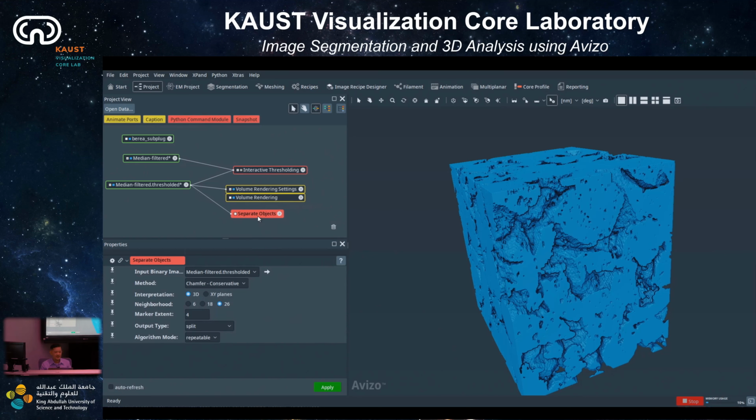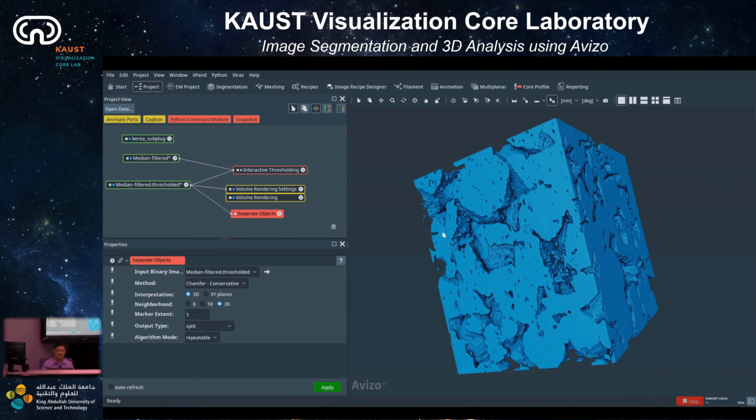So in separate objects, the most important thing is the marker extent. This marker extent is telling you the H maximum. It means how much you want to separate them from each other, how much you want to split. Let's say if you have the lowest marker extent of 1, you will have them split as much as possible. And if you increase the value to higher, maybe you will have fewer objects separated. Okay,